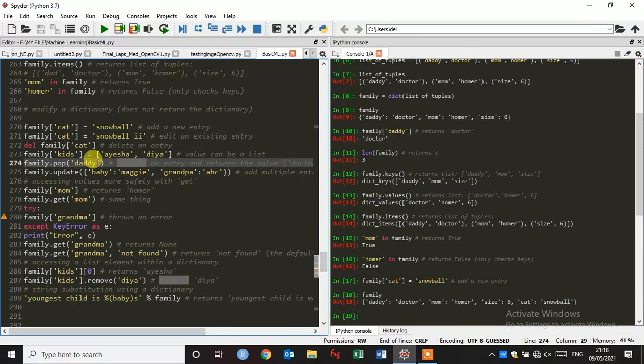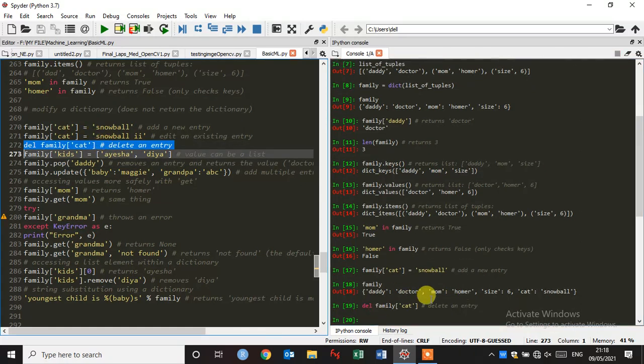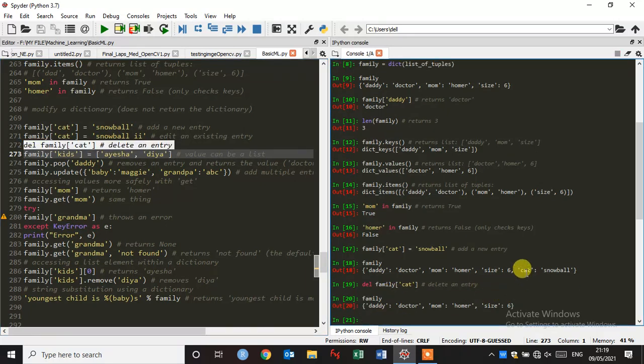Now suppose you need to delete something in your dictionary. You just need to delete the key cat. Just type del family in brackets cat. Now check family. Okay, it's deleted already.